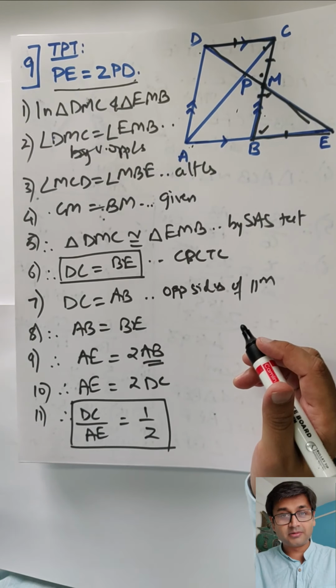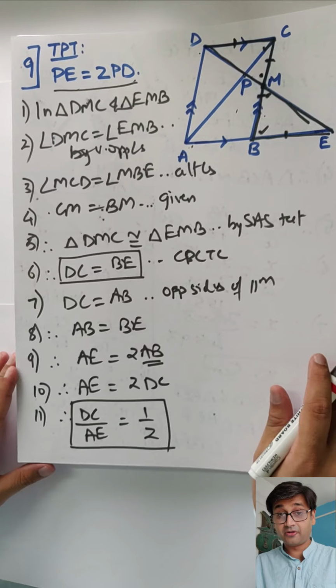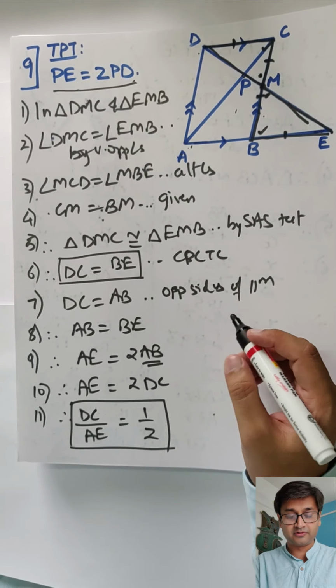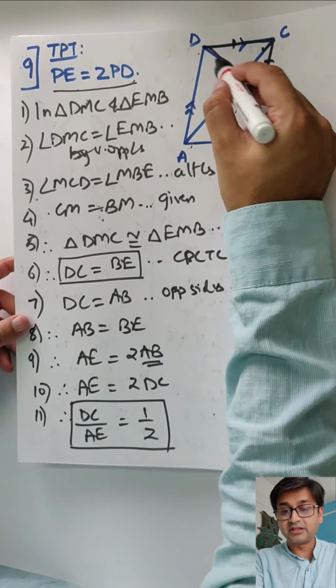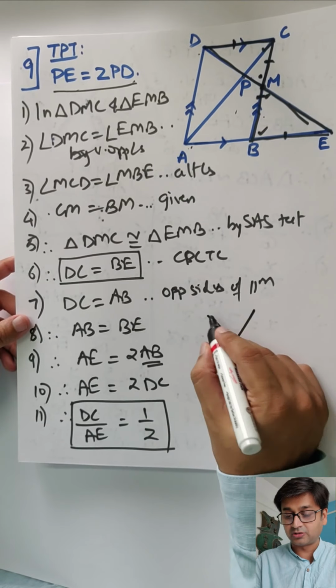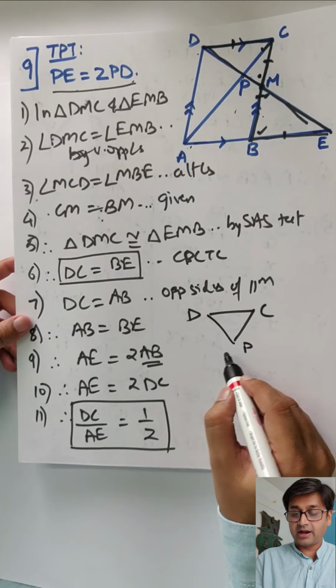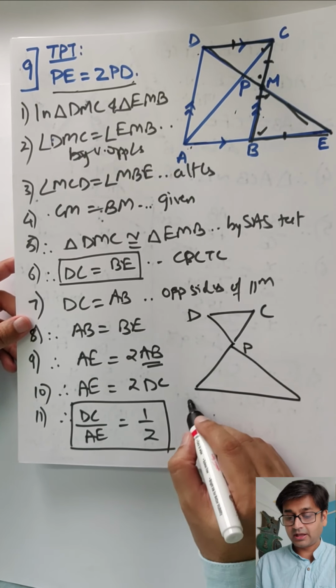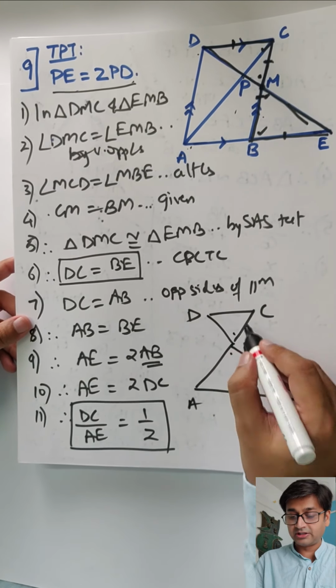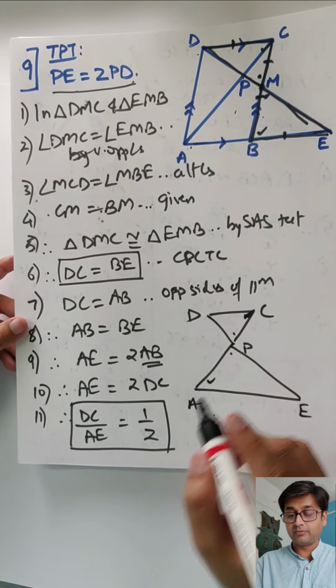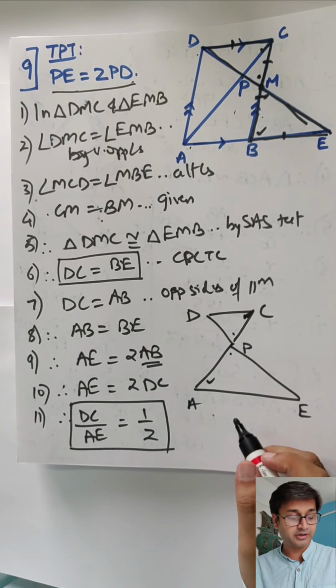Slightly technical question it is, but if you are smart enough, you will pick it up. So nothing to worry. Let's take up the small triangles. We are getting into these two triangles. One is DPC here, and the second one at the bottom, the bigger one, APE. One is vertically opposite and alternate, proving the triangles similar, not congruent anymore.